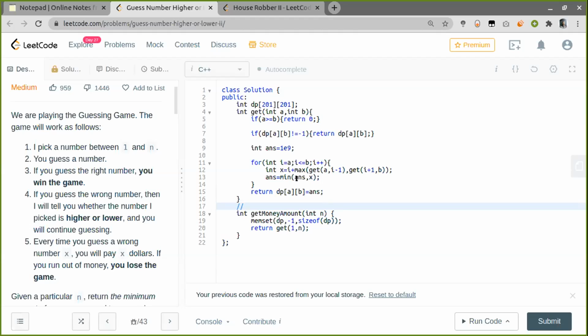Since we are going for the most optimal answer, the minimum of the maximum count of guesses.